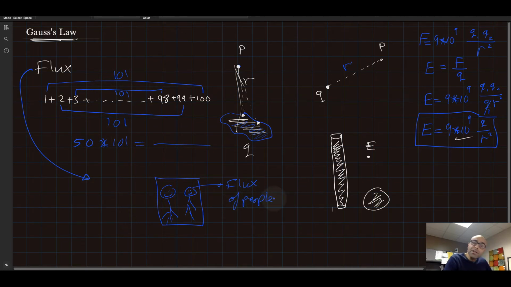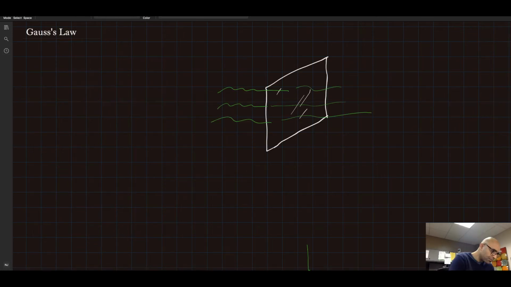You can apply the same concept on what? On windows. So if you have a window and there is wind going through that window, the amount of wind going through that window, we can call it the flux of wind. Okay? So as I mentioned, if we have a window and we're talking about flux,